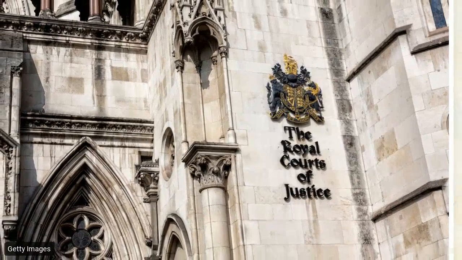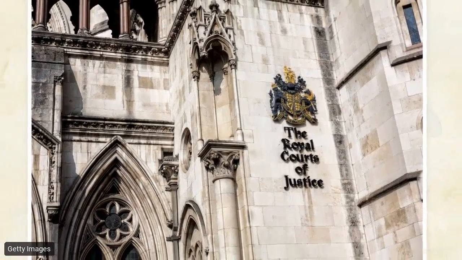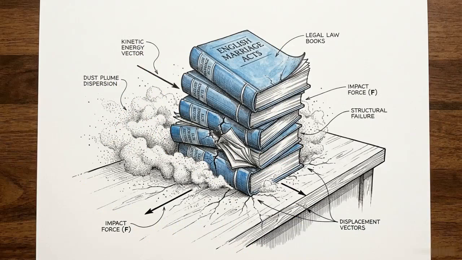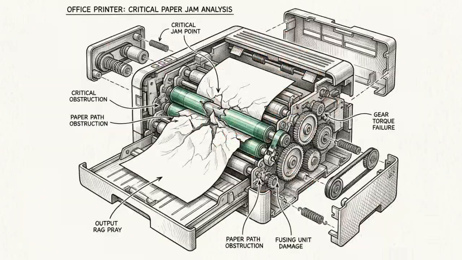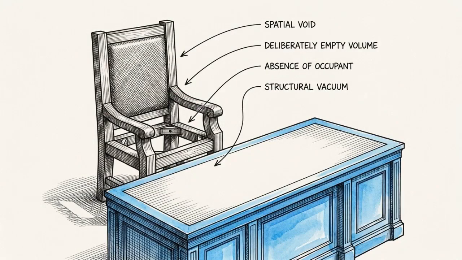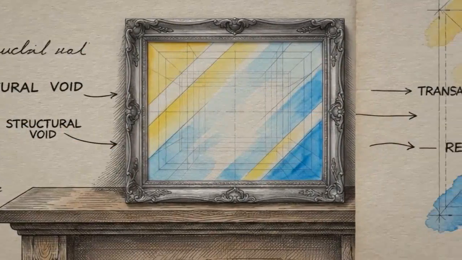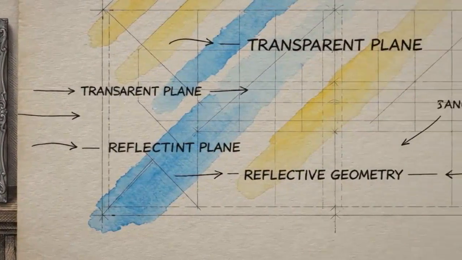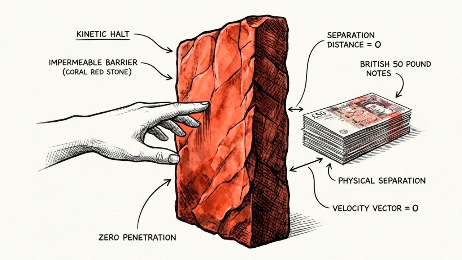Contrast this with a strict appellate decision from 2020, Akhter v. Khan. This couple underwent an Islamic nikah. They lived together for 18 years, raised 4 children, and presented themselves to the world as husband and wife. But the court found a wholesale failure to comply with the English Marriage Acts. There was no formal notice, no certificate issued, and no registrar present. Despite nearly 2 decades of shared life, the court classified the nikah as a non-qualifying ceremony. It was legally invisible. Because the relationship was a non-marriage, the applicant was completely barred from applying for any financial remedies under the Matrimonial Causes Act.